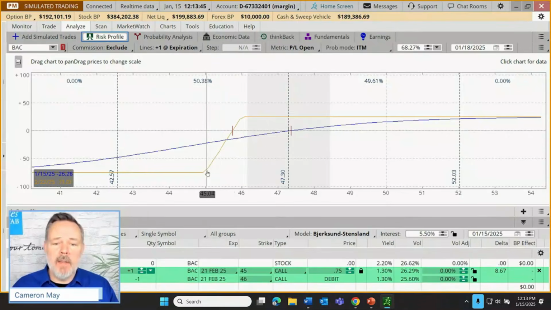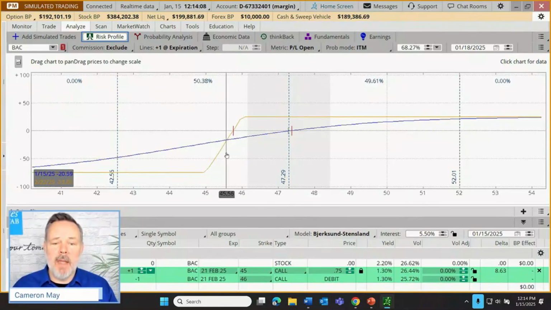Well, this is showing us that if we wind up somewhere in between the strikes at expiration, well, then we're not at maximum loss, we're not at maximum gain, so we must be either a little bit short of being, maybe we have a bit of a profit, just not all of it, or we have a bit of a loss, just not all of it. Yeah, that's what this is showing us.